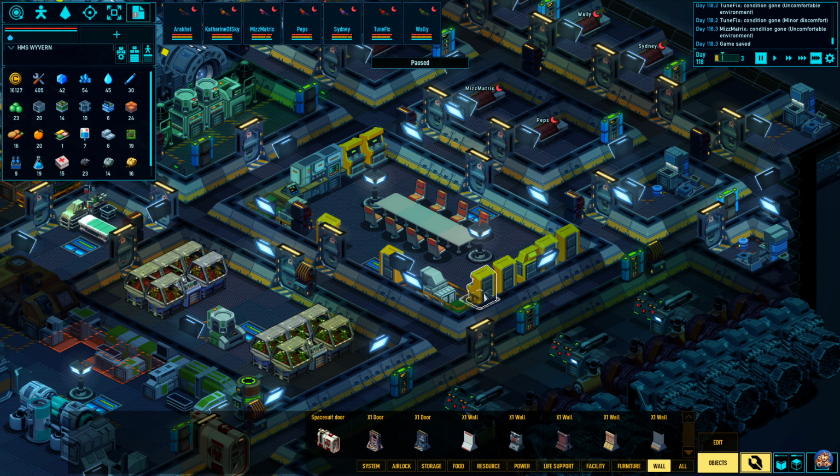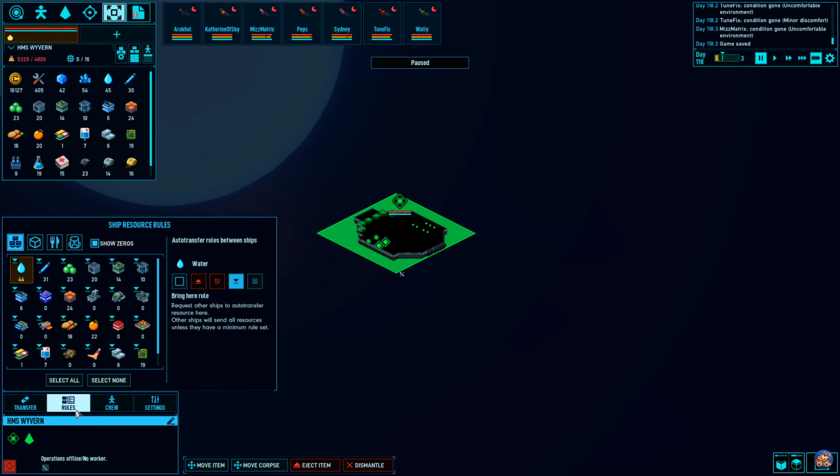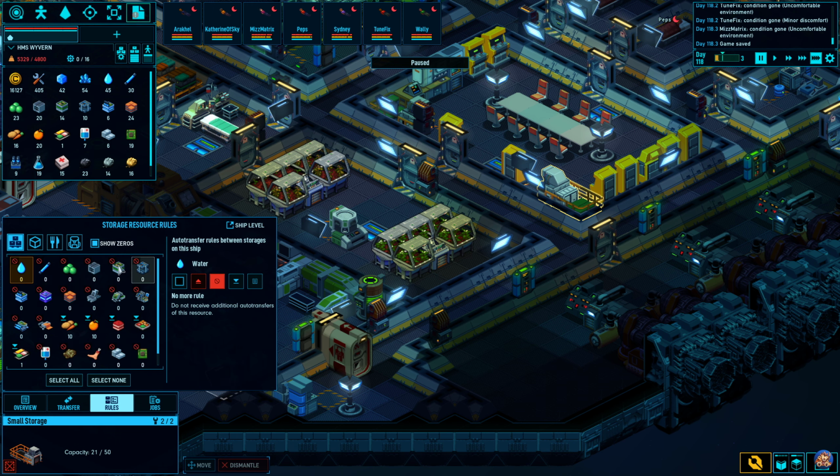There's 8 arcade machines in this room, 1 jukebox, 2 small storages, and these storages are prioritizing, so we are... No, that's the ship resource rules. Both of these have deny everything but food, and they have bring here on all of the food resources that I'm using, that is. I'm not using monster meat and I'm not using human meat, so...